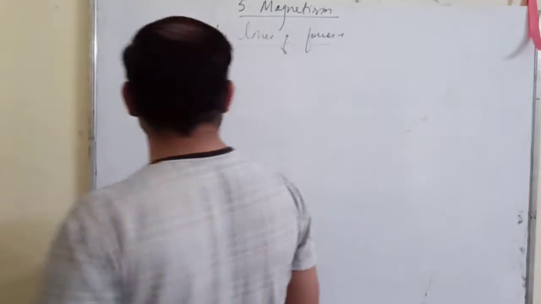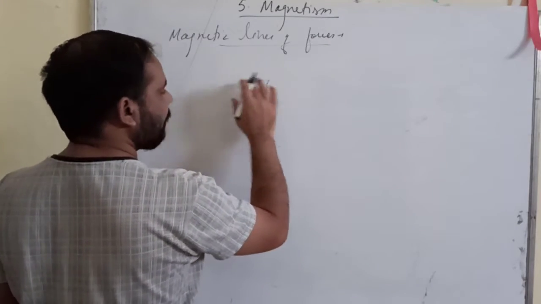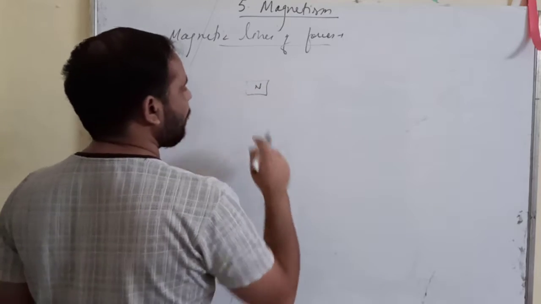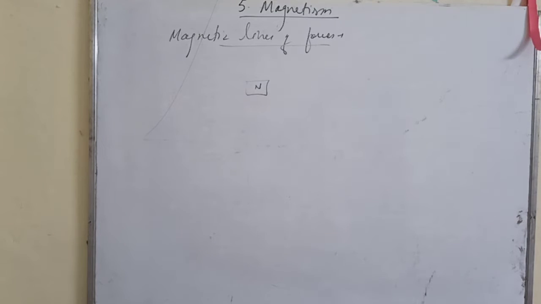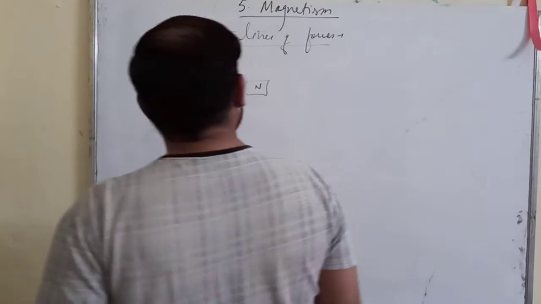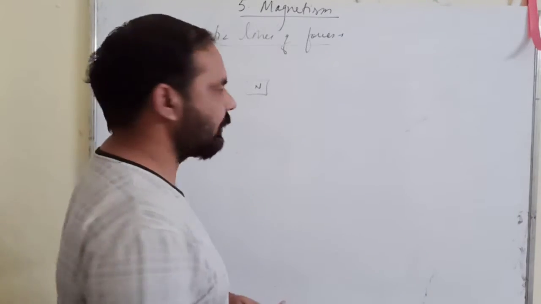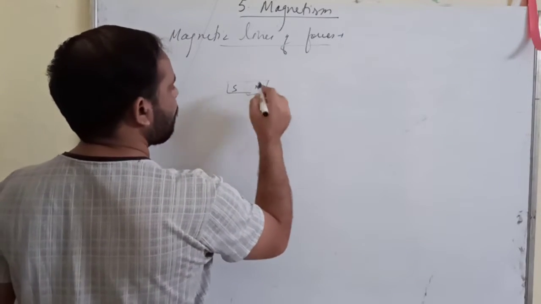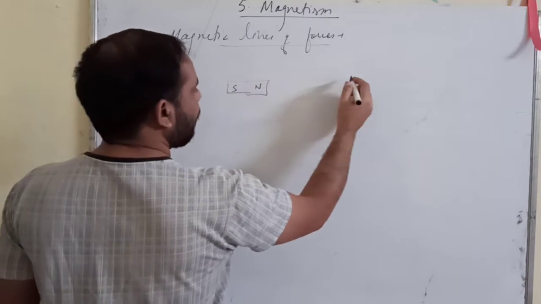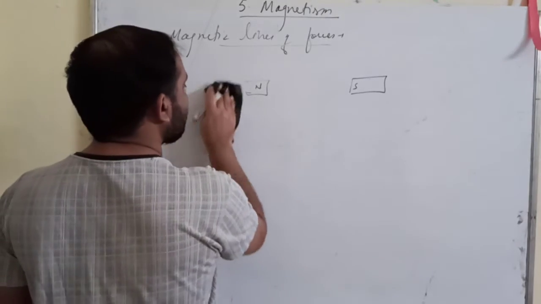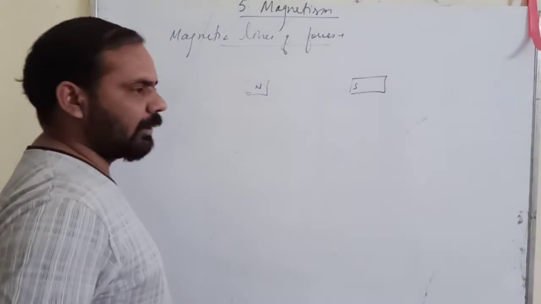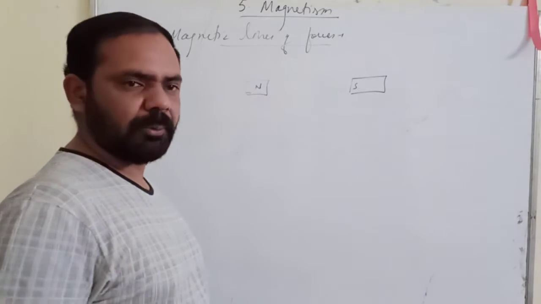Suppose from a magnet, we have a north polarity somewhere. Suppose we have a magnet like this, south north. Suppose here we have another south. For the time being, let us suppose that we are considering only this part. Now if a north is there, then there should be a south pole also.